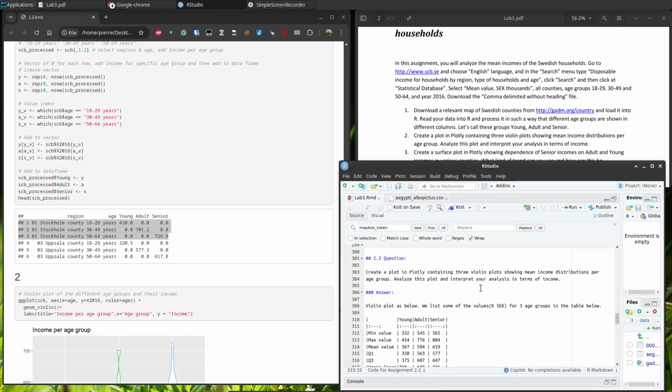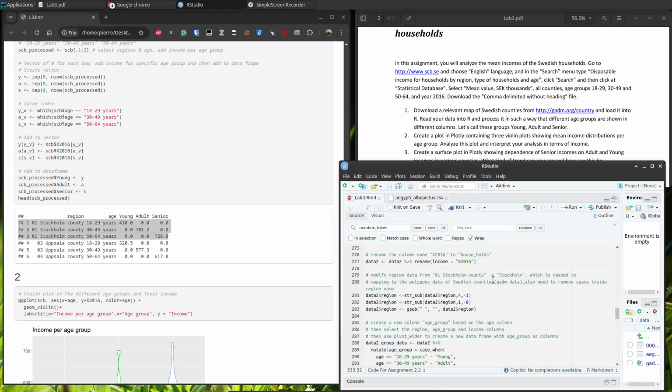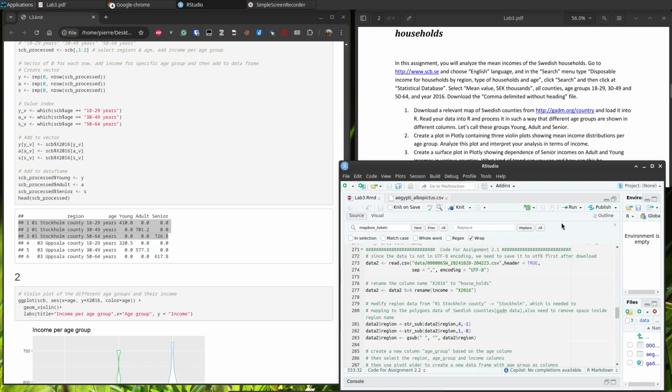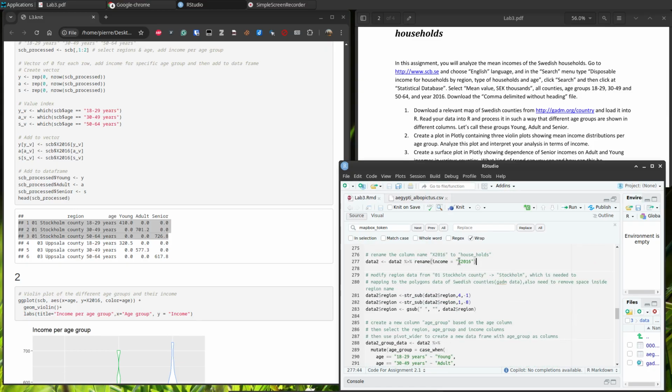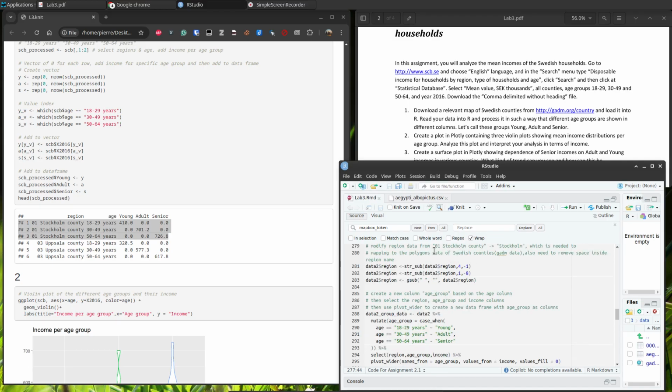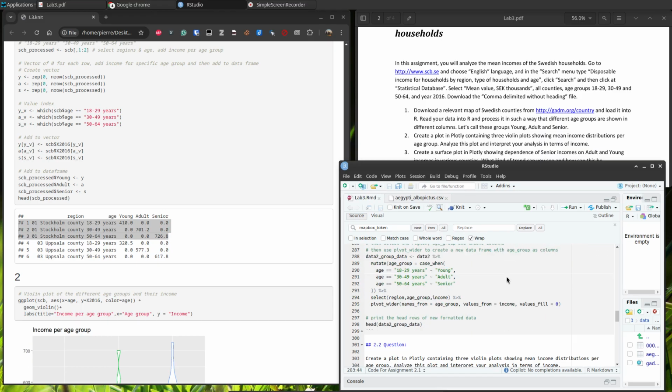So let's check here. Okay, I will read the data, set some column names which are not good. Here we set the X2016 to income, to new things to income. Okay, and then we try to do some data processing. And then here we will do